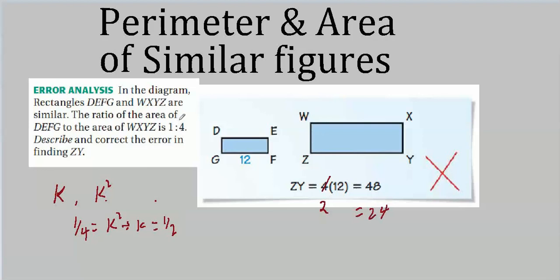And just don't forget that areas and lengths don't stack up together exactly the same way. If the length has one ratio, the area is going to have the square of that. Because, for one thing, look at the units. The length is always going to be in centimeters, feet, light years, whatever. The area is always going to be centimeters squared, feet squared, inches squared, light years squared. That should be a clue right off the bat. If your units are going to get squared, then it's a real good chance that your scale factor is going to have to be squared also.